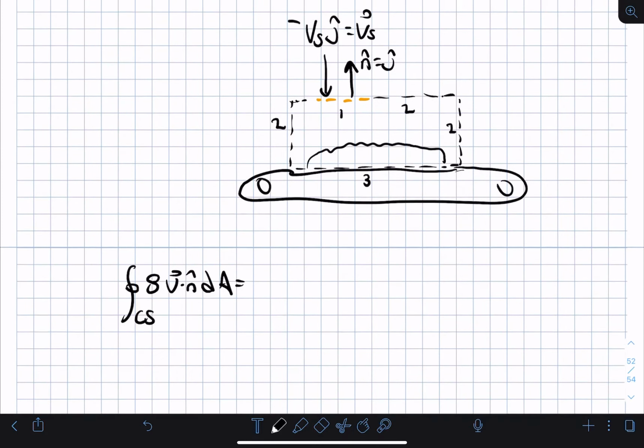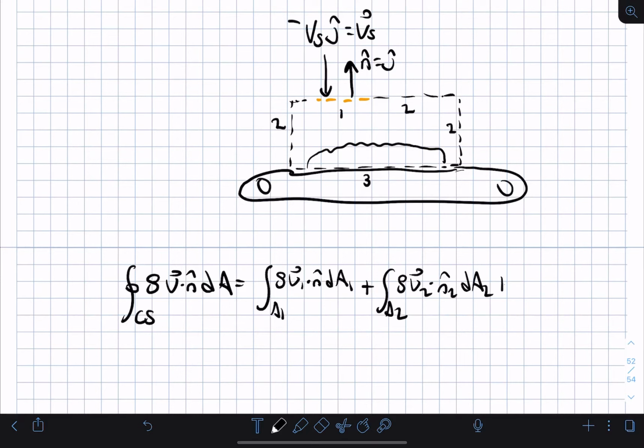So we have the integral over A1 of rho V1 dot n hat 1 dA1 plus the integral over A2 of rho V2 dot n hat 2 dA2 plus the integral over A3 of rho V3 dot n hat 3 dA3,